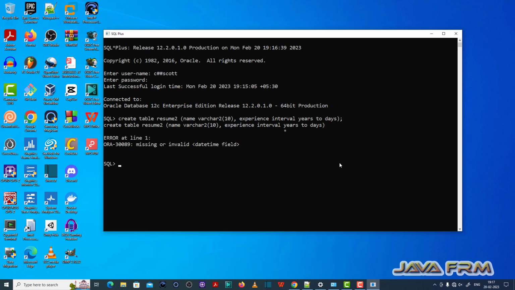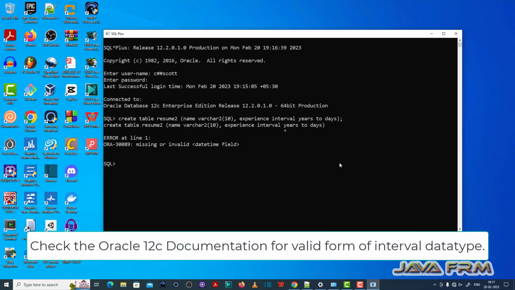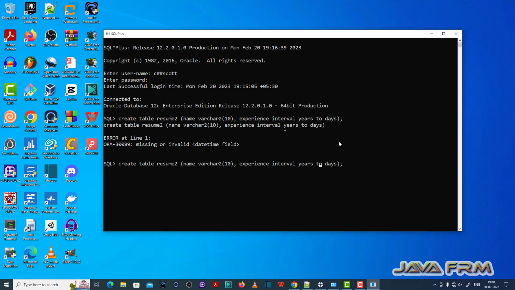ORA-30089: missing or invalid datetime field. So what is the problem here is that the interval data type has many forms. Check the Oracle documentation for the types of interval data types, what forms of interval data types are available. Then accordingly you create the